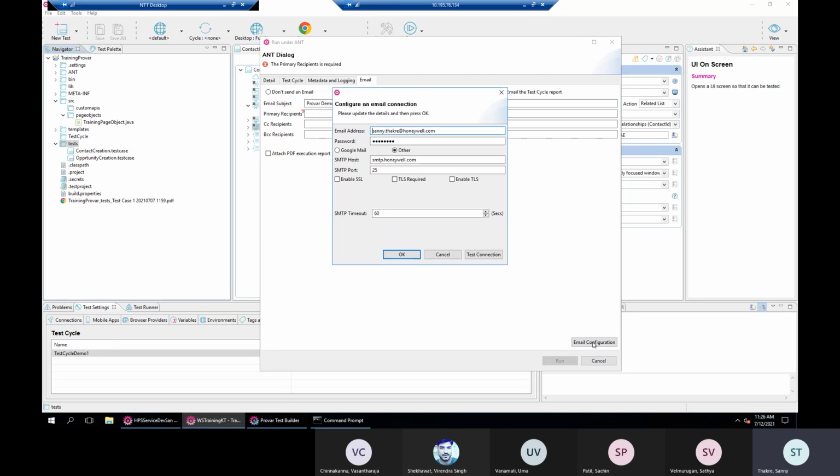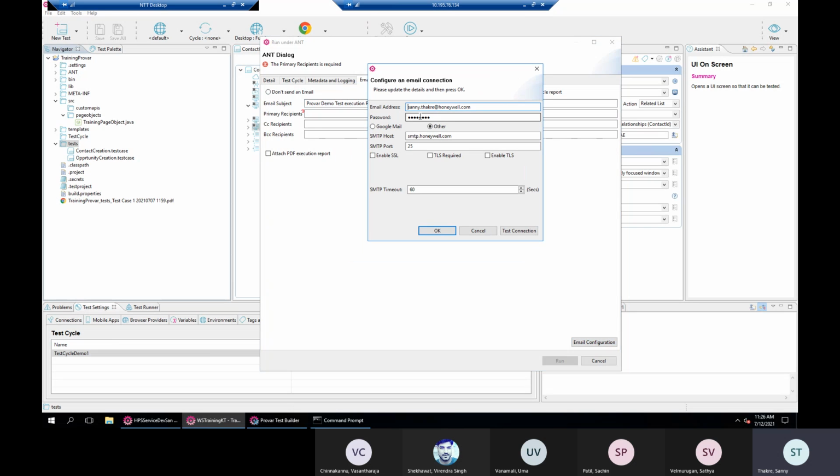Here you can see I have already provided my email address and password, and we have two options, Google Mail or other. We don't have Google Mail, we have honeywell.com, so I've selected other. As soon as you select other, it will ask you to provide the